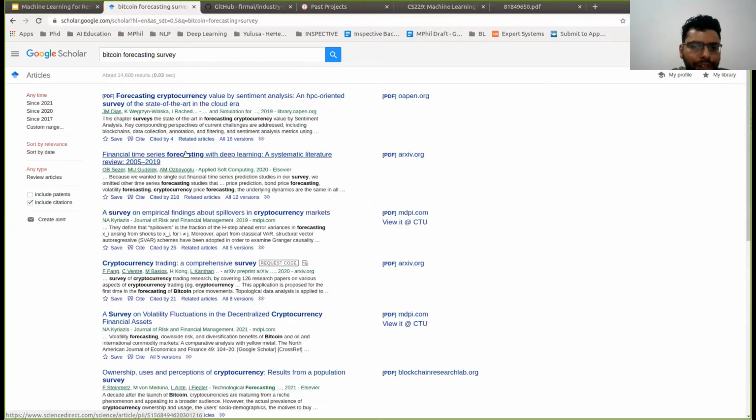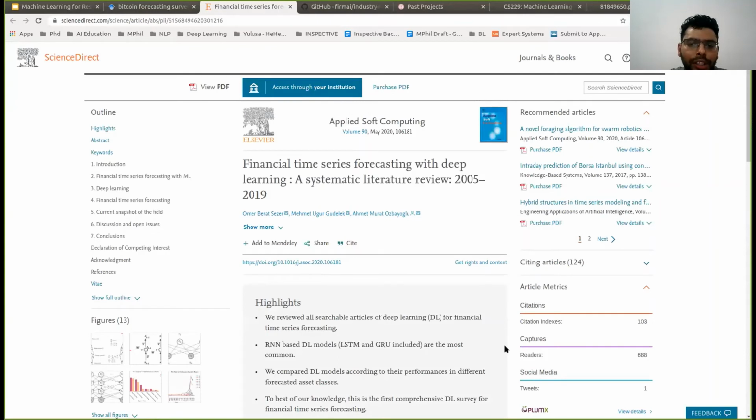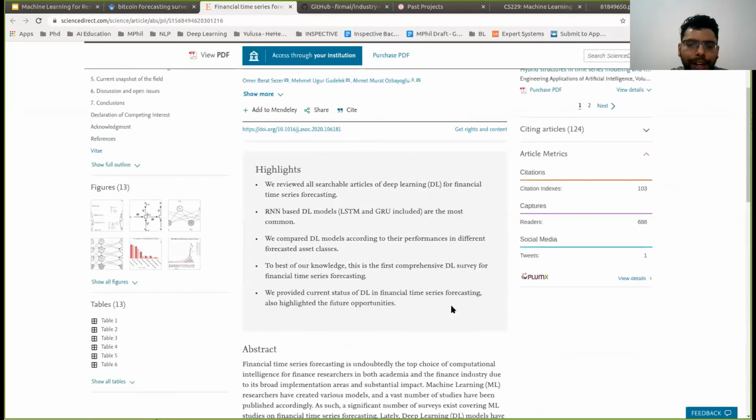for example, if you're doing some kind of financial prediction system or research idea, if you search for a survey paper or maybe a literature review paper, and if you find a paper like this, you can directly go and read it. What this survey paper does is it will automatically have the summarized version of all the research papers related to this domain. So you will not have to read them in detail. You can just read this paper, and then you get the overall idea of that domain.